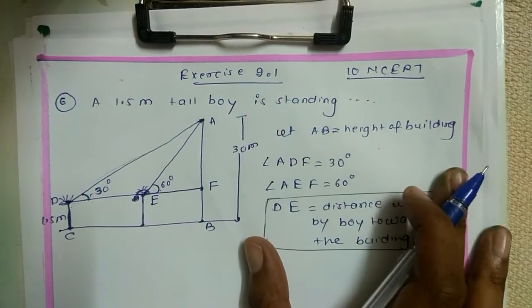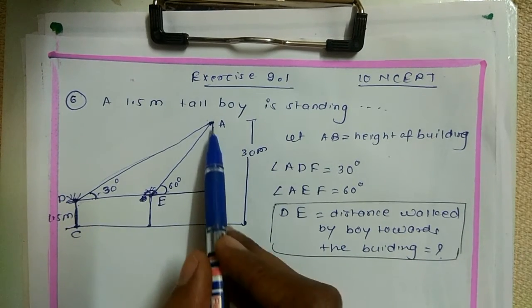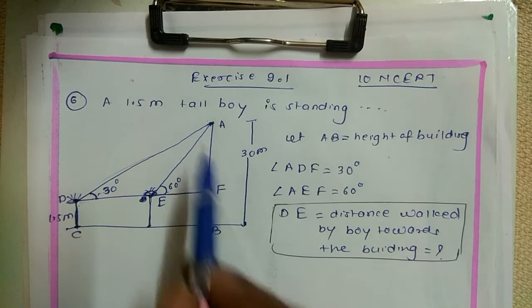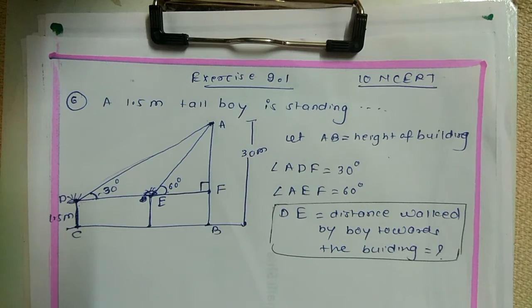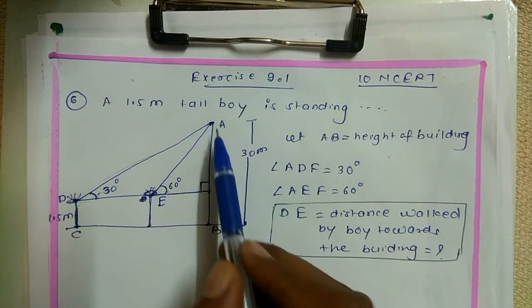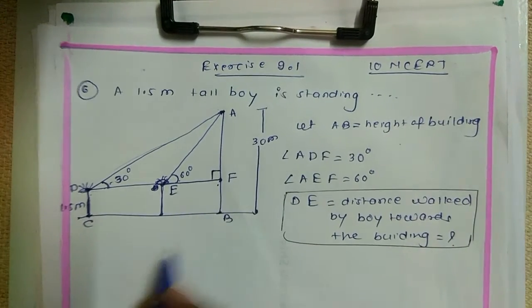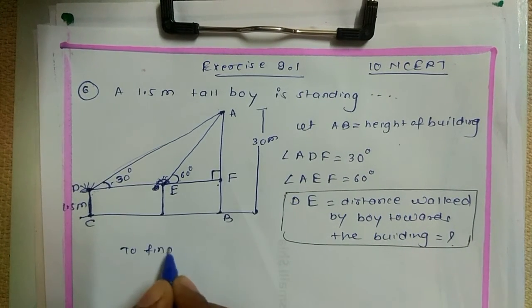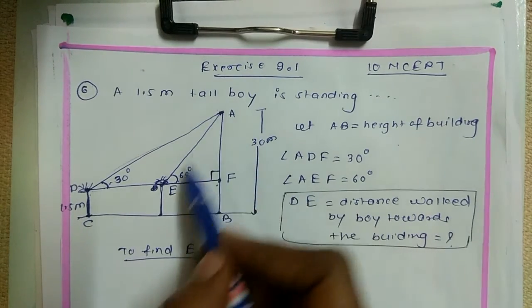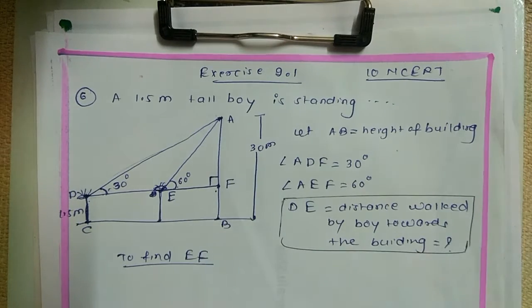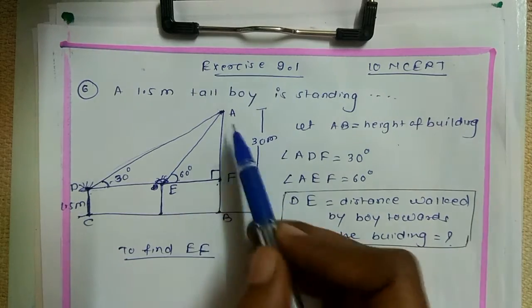So here there is formation of right angle triangles. This is horizontal drawn from the eye, and this is the perpendicular height we always take for the building. So there is 90 degrees, isn't it? So there are two right angle triangles, AEF and ADF. So we want to find out first EF. So this is 90 degrees and we have an acute angle. To find out the unknown side EF, we should know either AE or AF.